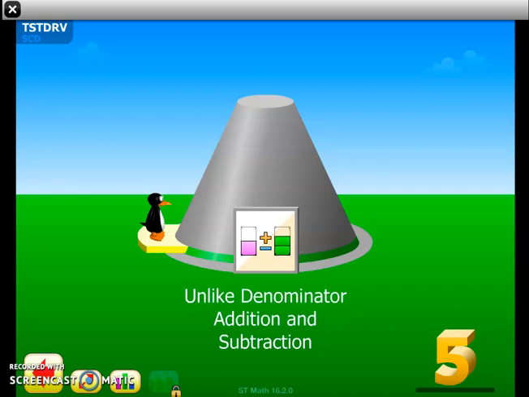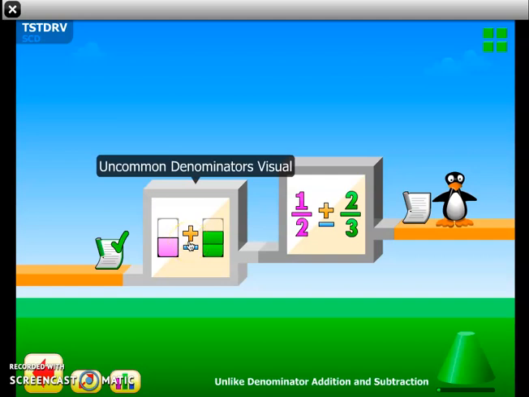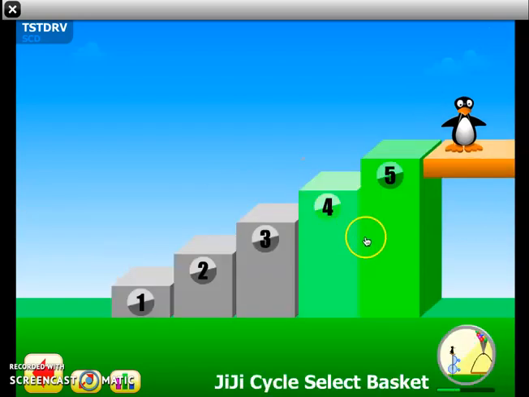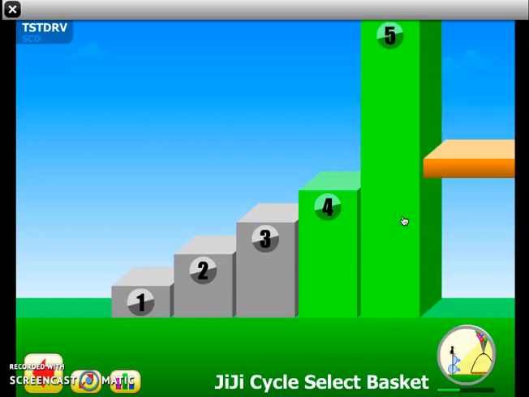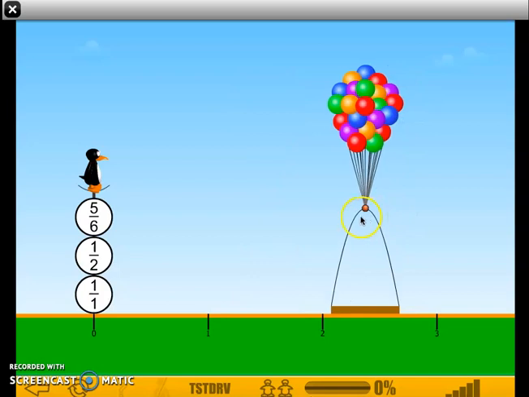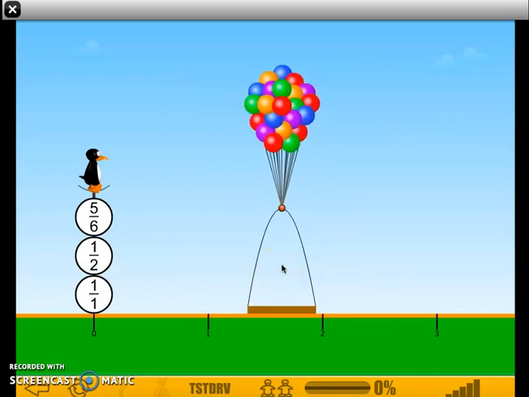Okay, so we are looking at unlike denominator addition and subtraction. So we're going to go in and we're in the first part of it, the uncommon denominators visual. And we are looking at the JiJi cycle select basket puzzle and level 5 of that. So the goal here is to place the platform with the balloons in the spot that JiJi is going to